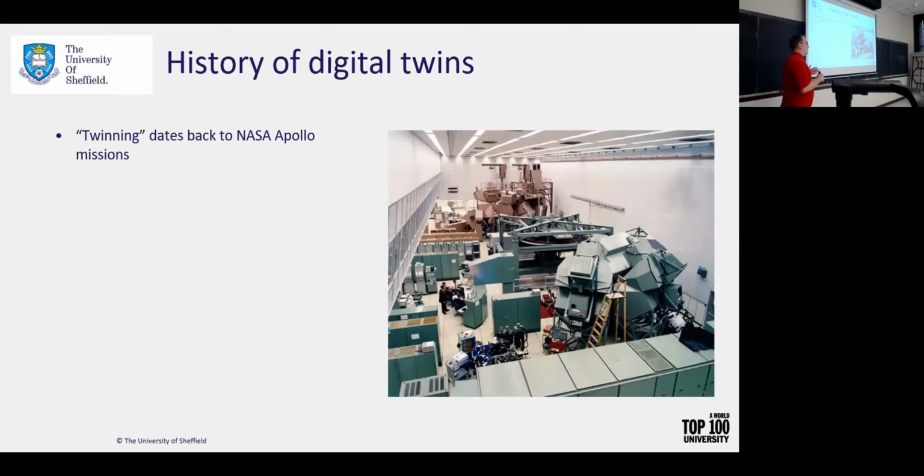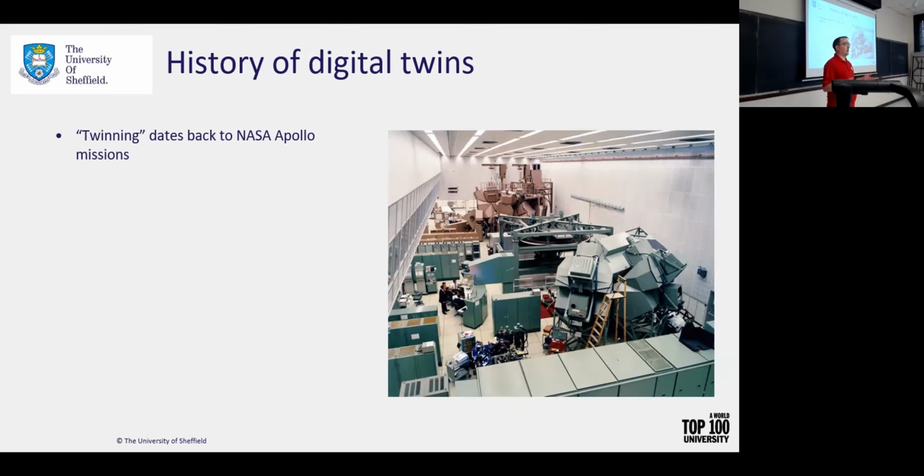So first, when you think about digital twins, the main idea comes from twins. So twinning. And most people take this back to the Apollo missions back in the 60s and the 70s. And the initial idea came up as, well, we're going to need to train these astronauts in order to actually operate in space.